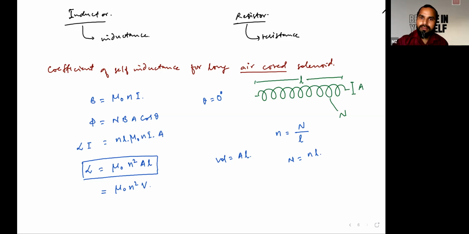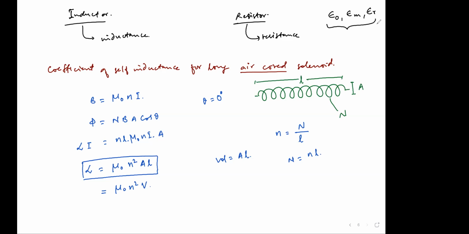Now, there is one limitation or one condition. Suppose I have inserted some material in the core of this solenoid. How will it affect this coefficient of self-inductance? As we have learned in our first chapter, there was a term called epsilon. It was epsilon naught, epsilon m, and epsilon r. These are three terms called the permittivity, or absolute permittivity, or permittivity of any medium. Do you remember?